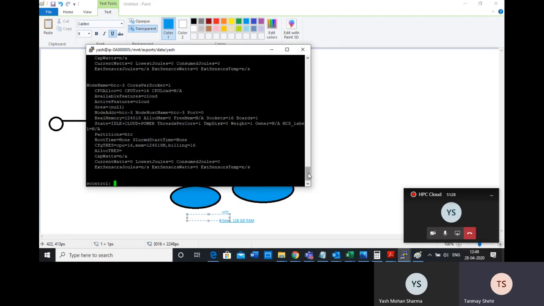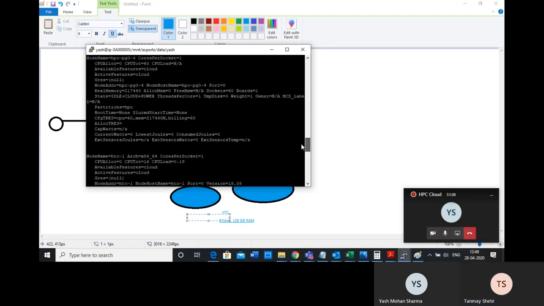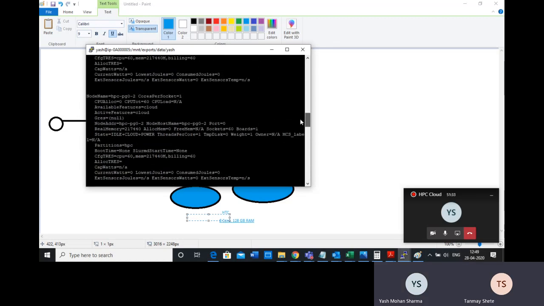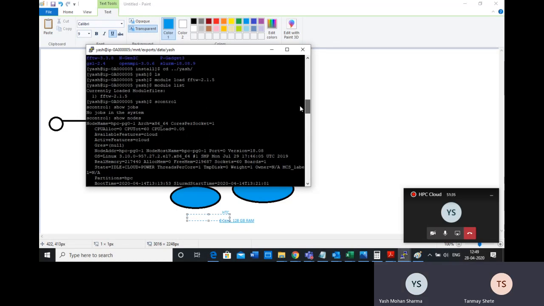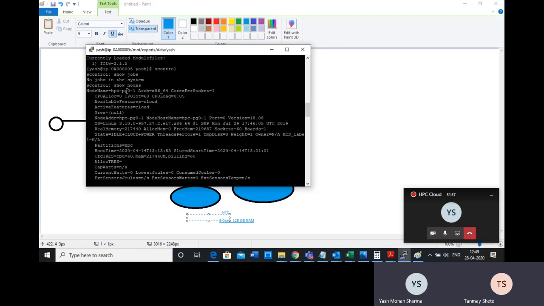So you can see a lot of things it printed. Did you see this? So for example, I will go to one of the HPC nodes. This is a node name HPC. This is the architecture, and then it will show the details, what operating system it has, what memory it has, in GB, for example, and how many sockets, meaning CPUs, it has.